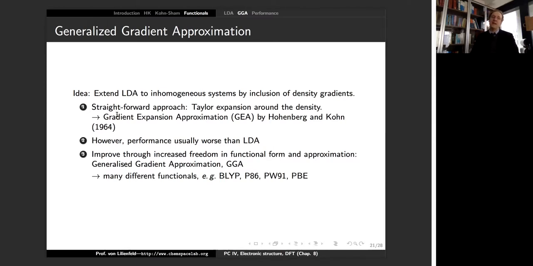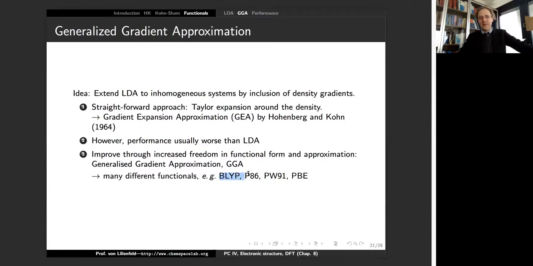So we could try to do this, but it turns out that if you just do a simple Taylor expansion, things get actually worse than LDA. And what people then did was to include gradients fitted to other things, or obtained from other systems than the homogeneous electron gas. And these so-called generalized gradient approximations, also known as GGAs, carry acronyms such as these: